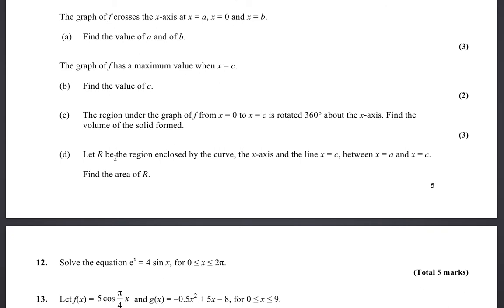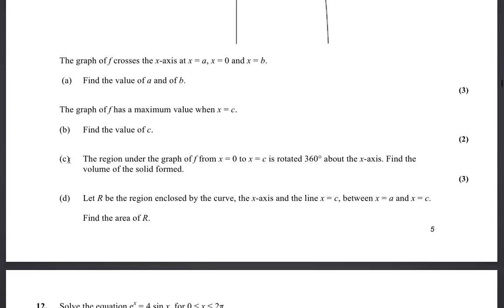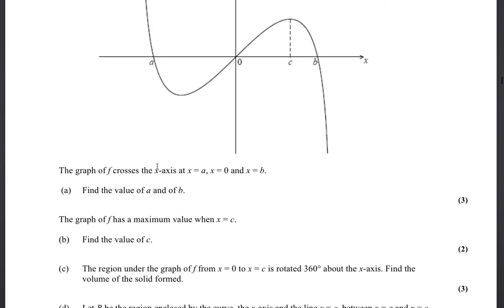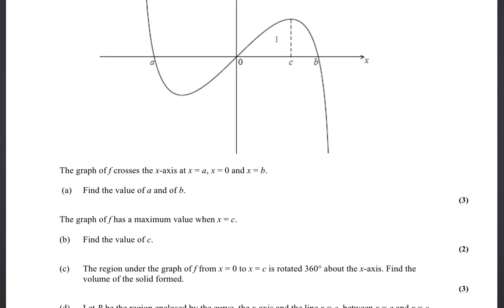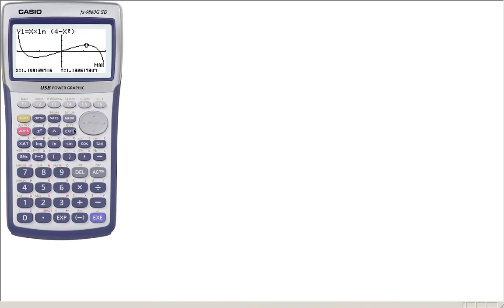And let R be the region. So let us do it. Fine, not a problem, no harm in doing it. So this part that you see here is rotated about the x-axis. I have to find the volume. Okay, so let me use the calculator. So menu, math, this one, integral. Okay, so pi times, so shift pi multiplied by bracket